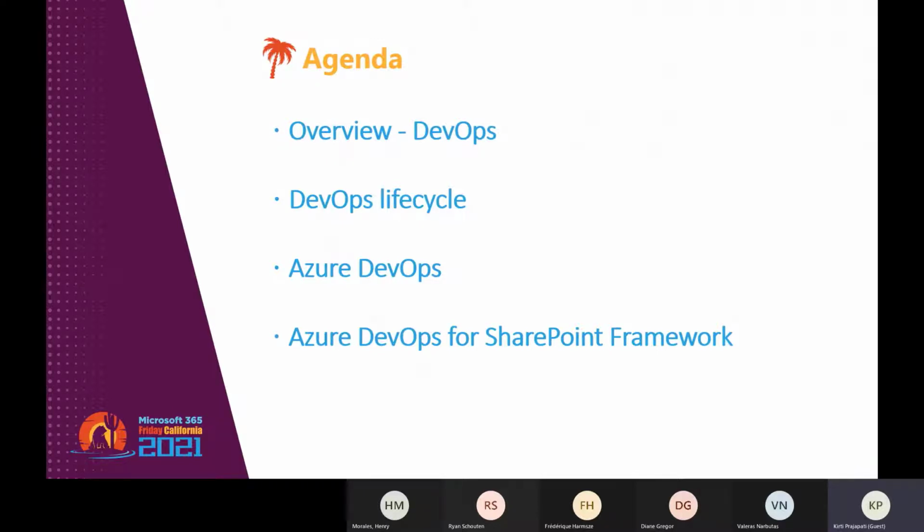I have been working with SPFX solutions for a long time, and during development and deployment, I feel it is very difficult to maintain their integrity as they grow. If it's a simple custom web part or custom solution you're working with using SPFX, then it is very easy to manage. But what if your code grows day by day, right? And of course, more than one person is working on the same solution.